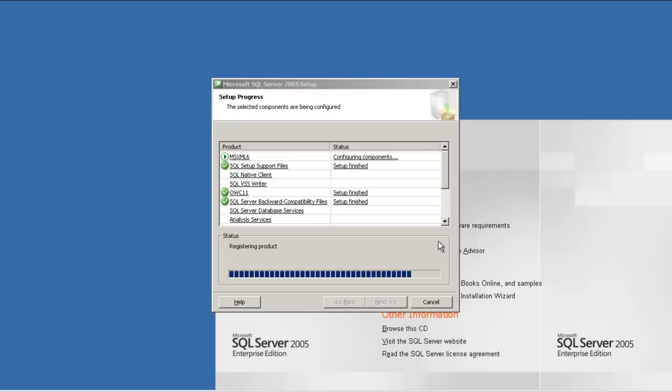Okay, this is installing the SQL Server backward compatibility files. In case the person already has SQL Server 2000, that's why it is installing the backward compatibility files. Or maybe it is going to check them for when you migrate from SQL Server 2000 to 2005. This may be the reason it is installing the backward compatibility files, and it's going through. So far no errors, we are doing very well.